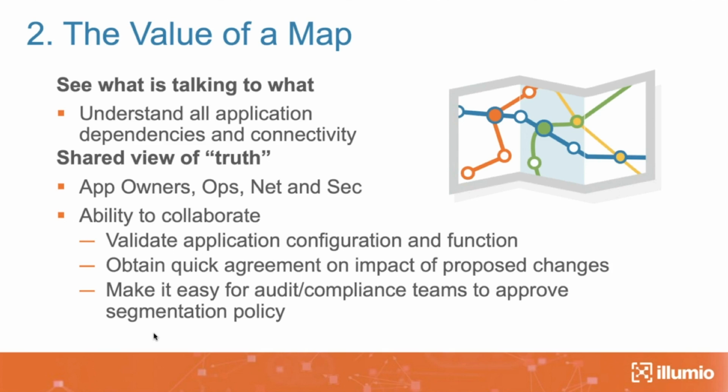So this really is your first point of defining what you want for security. It allows you to collaborate with different groups, and that is how accurate policies are driven, because the network person may not know everything that the application needs or the flows. The app developer knows that, but the app developer doesn't really understand the network. So this helps you bring both these parties together and build a shared view of truth. We have seen compliance teams, the NetOps teams, the security teams, and at times even the application owners get together around this map and say, oh, okay, this is the policy for this app.